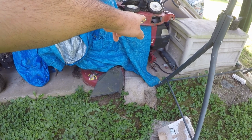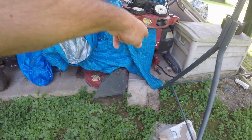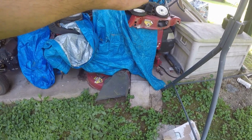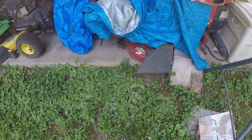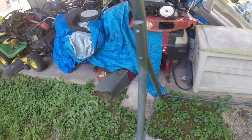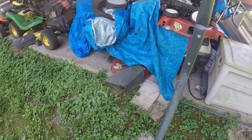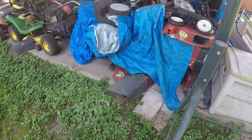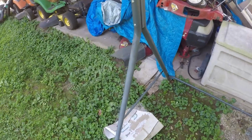Anyway, I got this one. It's got a 12.5 horsepower engine, but I think it needs new rings on it because I've replaced the head gasket on it. It still smokes, so I think the rings need to be redone on that engine. But the only problem is the mower is rusty, especially in a lot of places to cover up. So I don't know if it's even worth trying to fix it for what it is. I might take the deck and put it on something else. I don't know yet. And then last,